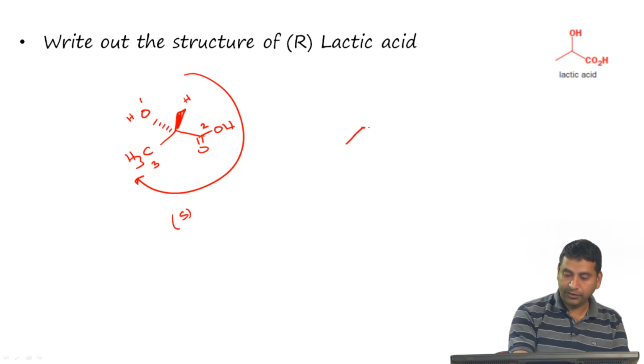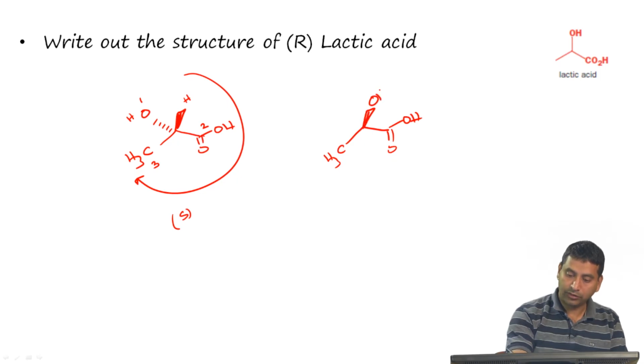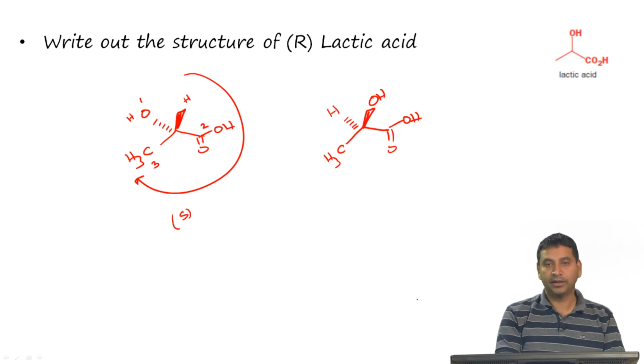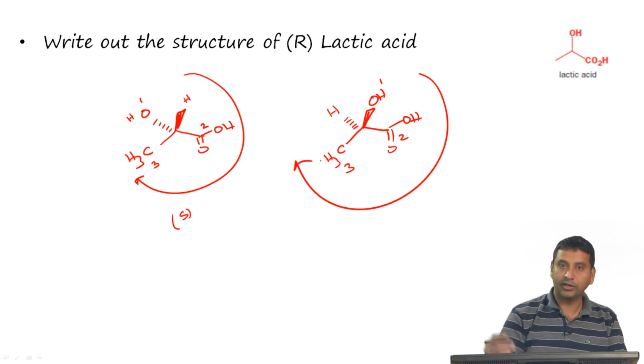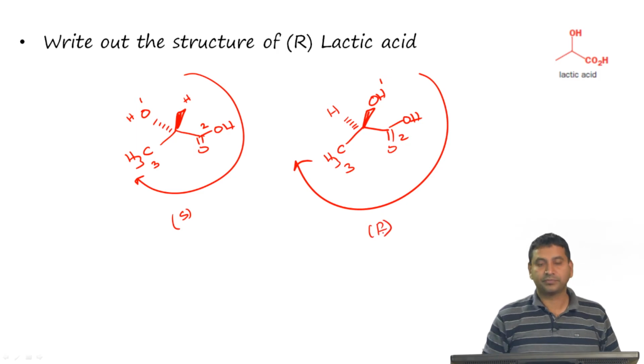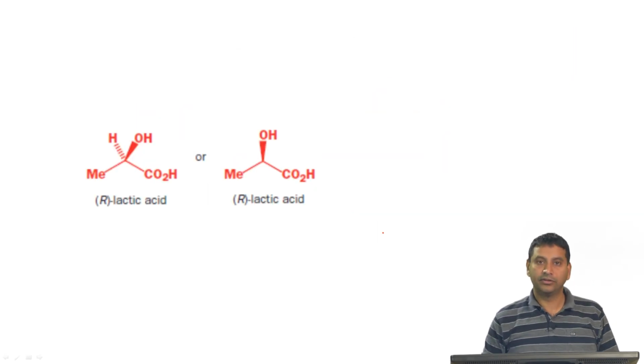Now, let me repeat this exercise with the other structure which is possible. Here the hydroxyl group is coming towards me, hydrogen is going inside, and now again if we assign the priorities 1, 2, 3, this is going clockwise, and since hydrogen is going inside, it is R. Now, let us look at the structure of R lactic acid as shown here, which is the correct structure that